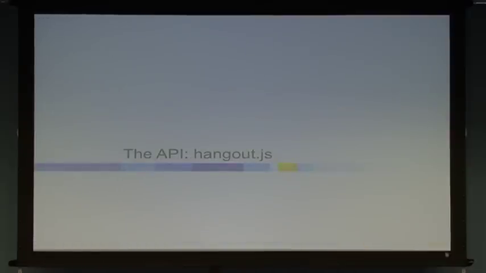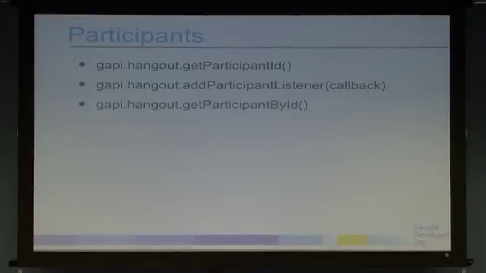So now I'm actually going to go through the API. So this all is documented on our developer site, which I'll share a link to later, but these are the major namespaces and key APIs that you should be comfortable with. So first is the participant namespace. Get participant ID. One thing to keep track of is everybody in a Hangout is a Google Plus user, and they have their Google Plus ID.